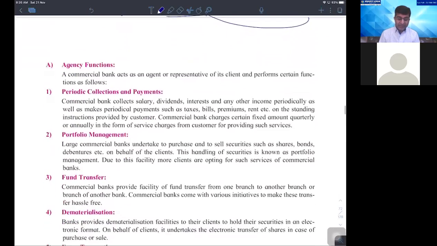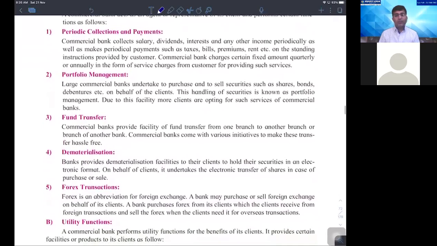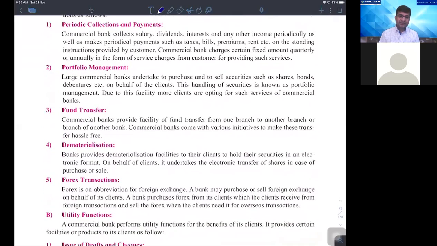All right. Then in some of the banks, they provide the portfolio management services as well. Now, what is this portfolio management? Understand carefully. When you are having a certain amount of funds or securities available with you, but you do not have the sufficient time. Yes, Tanishka, overdraft is like cash credit only. You do not have the sufficient time to manage those funds, or you do not have the sufficient time to manage those securities, buying and selling of that securities. In such case, in such situation,